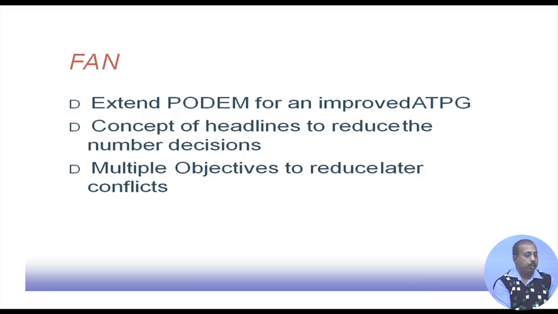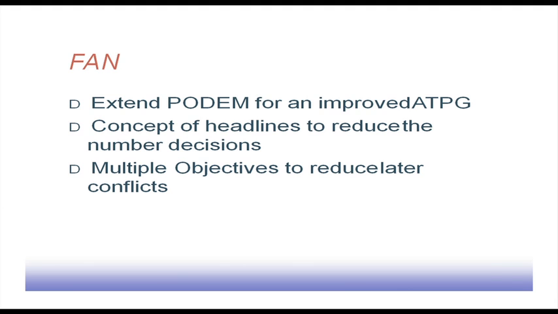An improvement of the PODEM algorithm is the FAN algorithm. What it does is that it extends the PODEM algorithm. There is a concept of headline. A headline is whenever we come to a point where we reach a fan-out free cone. That is one advancement we make, because if we have got a combinational cone, that means all those outputs can easily be satisfied. Like if I have got a cone like this,